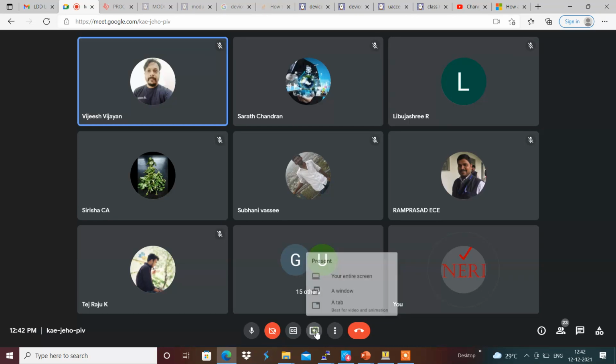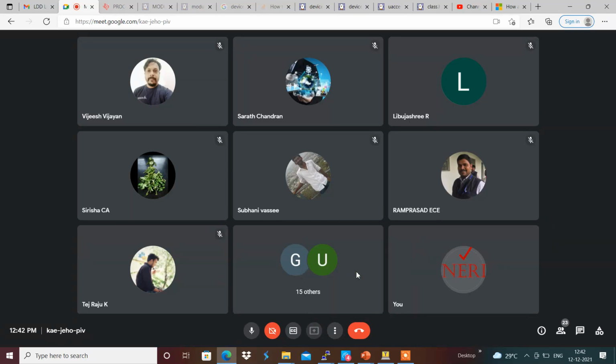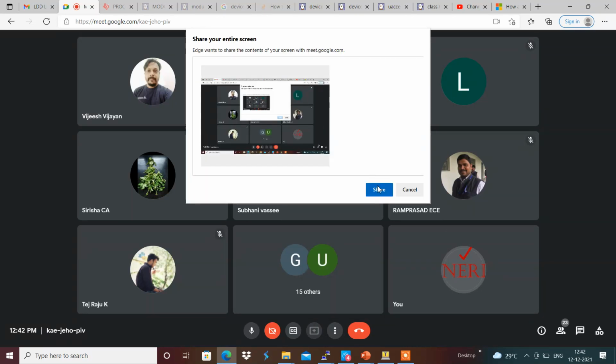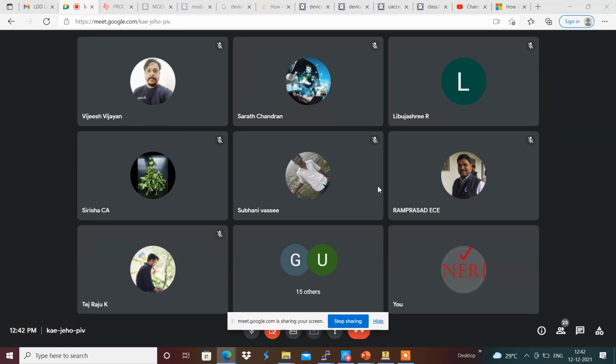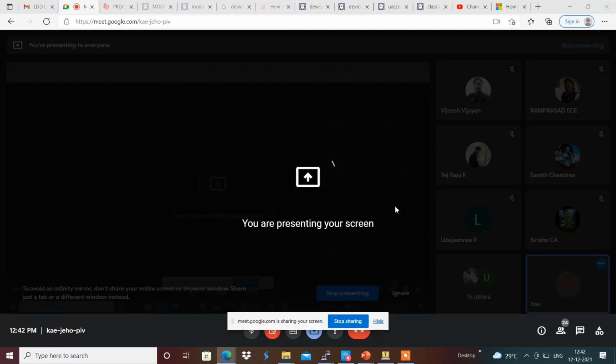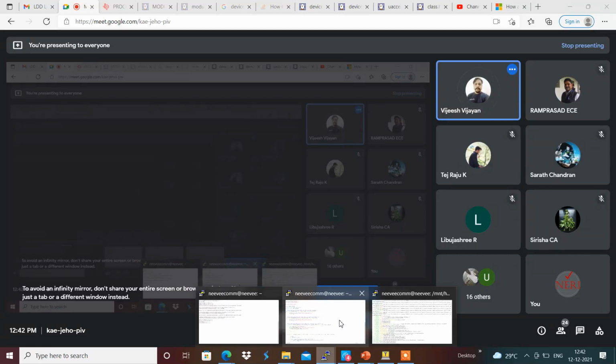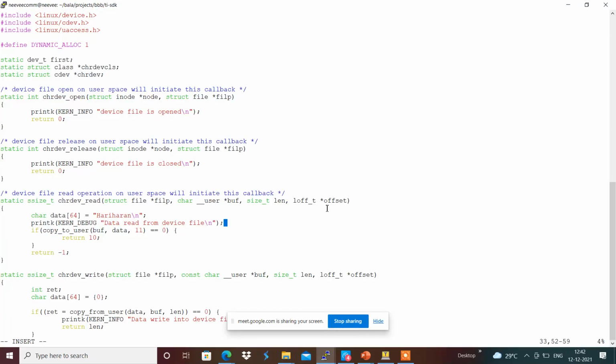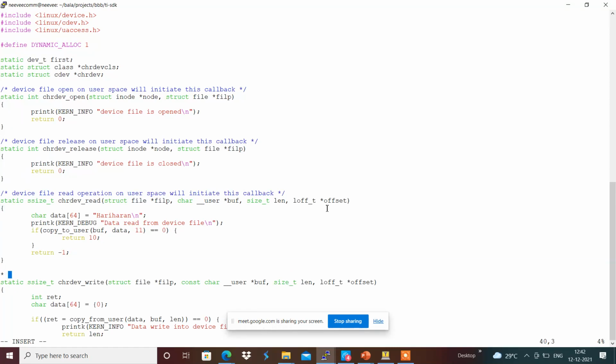The same way, device file write operation on user space will initiate this callback over here.